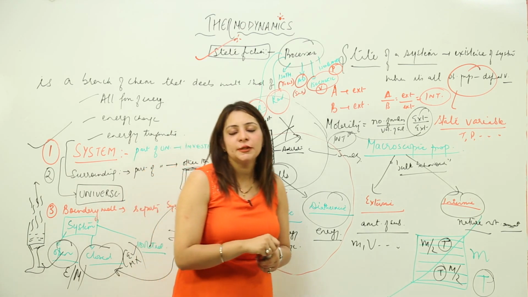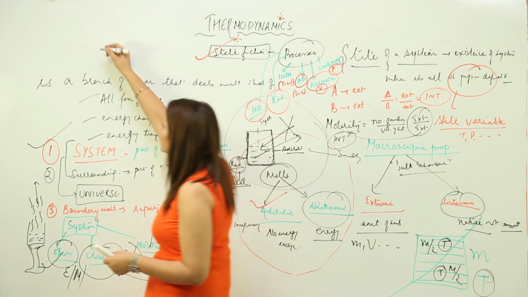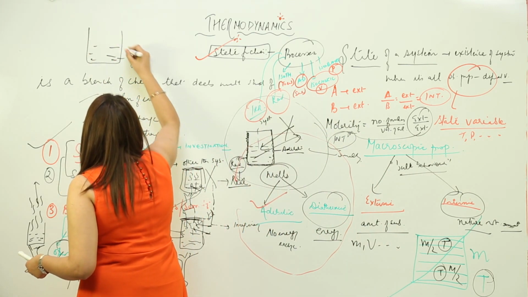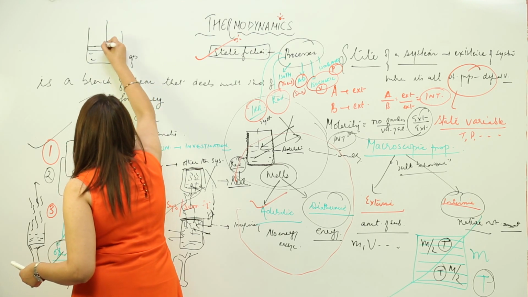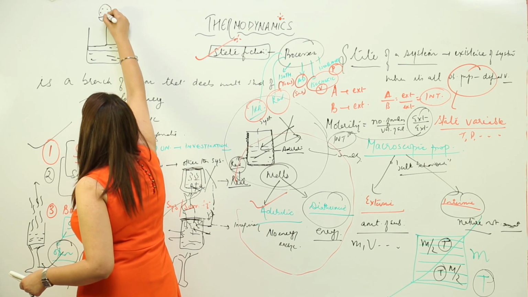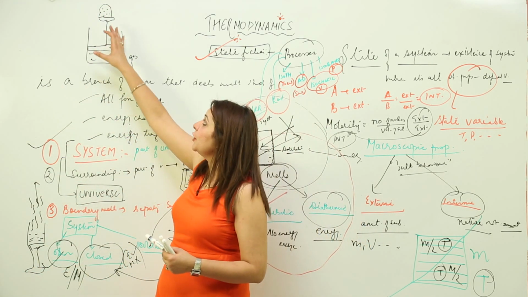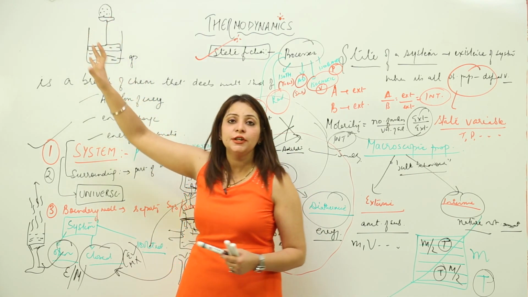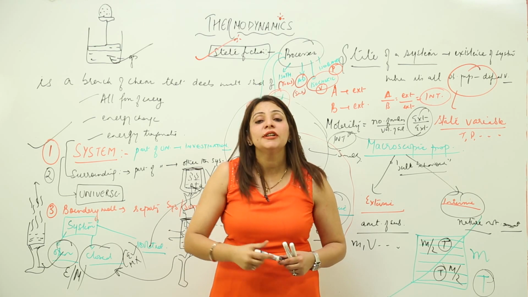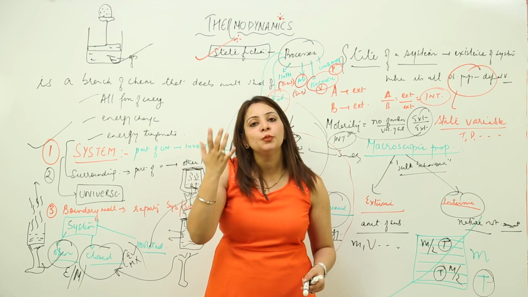So what is a reversible process? See, I am just going to explain with an example. Suppose I have a cylinder in which there is a gas and there is a piston, right? And on the handle of the piston we have a pile of sand. Now the pressure exerted by the piston due to the pile of sand is just balanced by the pressure offered by the gas. That is why the piston remains still. That means it is not moving down, neither is it moving up.